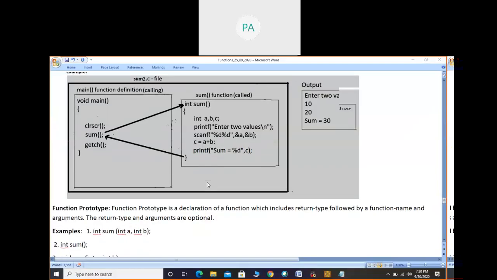But in function signature we will not put a semicolon. In case of function prototype we have to write a semicolon. So here are some examples. int sum(int a, int b); is a function with return type int. Next, int sum(); without parameters is also correct, but the semicolon is compulsory here. Then void sum(int a, int b);